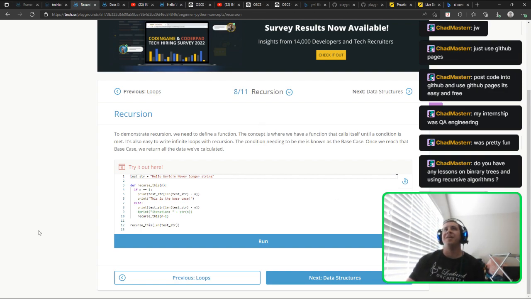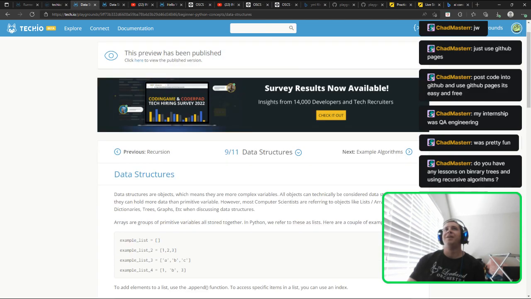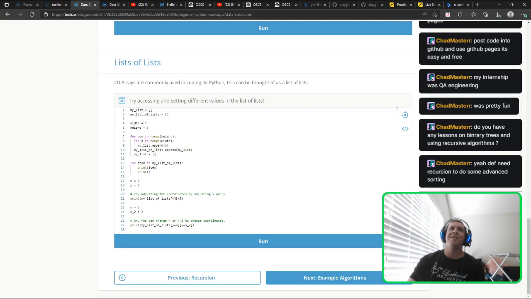And I did have BSTs and graphs at the bottom of here, but then I took it out. Or I guess that was in data structures. And I had it down here, like, remind myself to go back and add it. And then I just did this the other day, the lists of lists. So eventually,